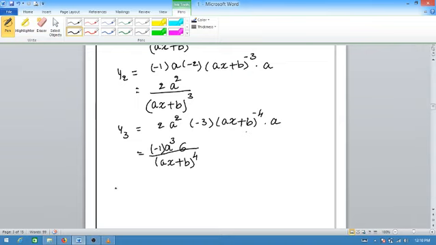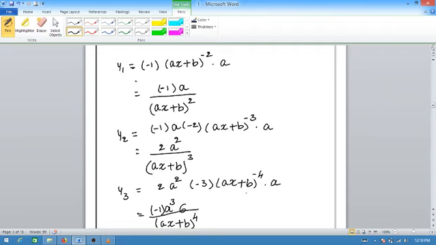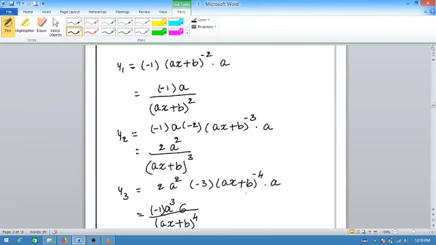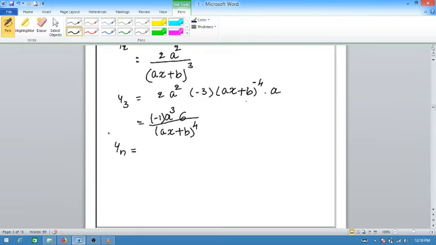So therefore, continuing like this, yn is equal to, see here y1 contains negative, so y2 is positive, y3 is negative. So when it is an even number, it is positive, when it is an odd number, it is negative. So that can be written as yn is equal to minus 1 whole raised to n,